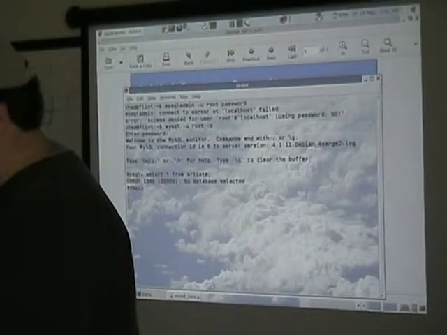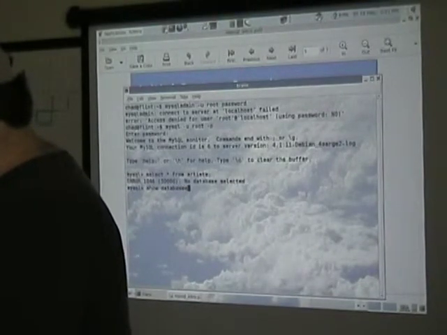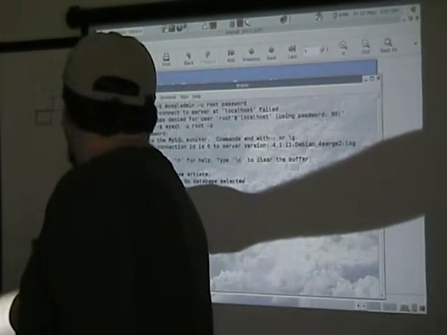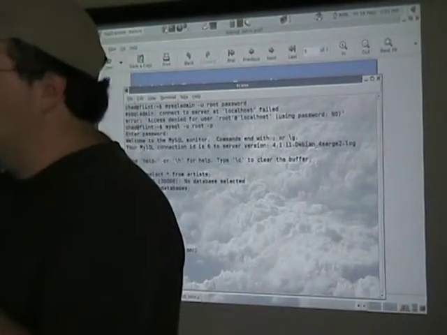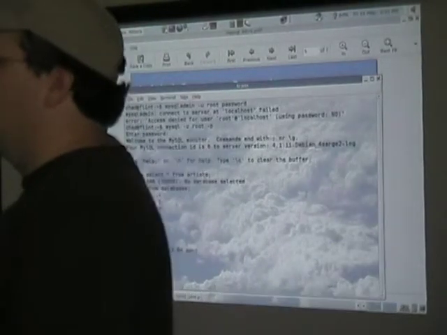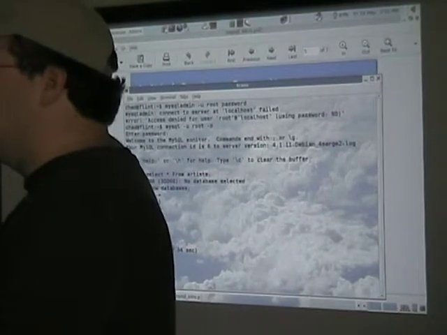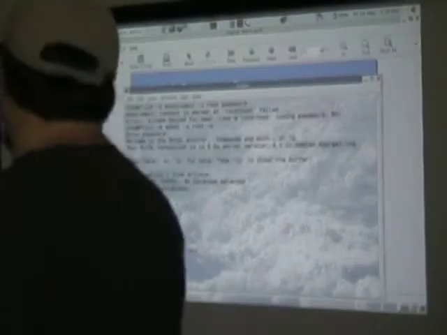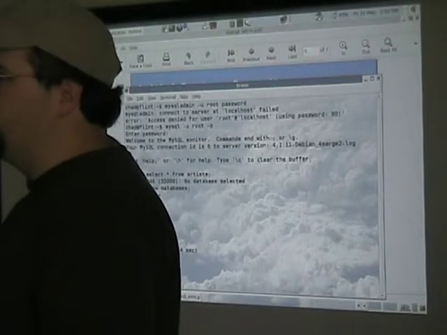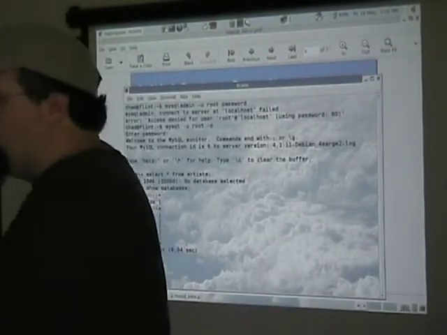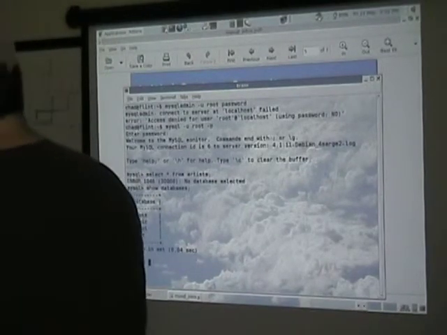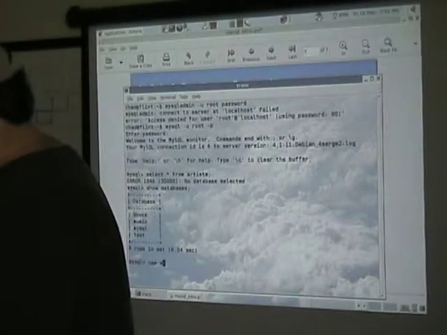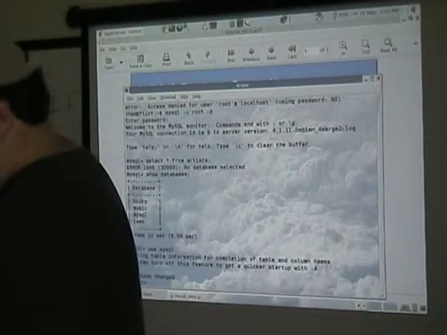So what I can do is type the command show databases, and it'll show all the different databases that I've created. Now a database houses all of your tables. I work at the hospital, and we have a lot of users who think they have databases, which are large Excel spreadsheets. A database is a collection of tables, indexes, everything tied to that particular usage. So if we say use mysql,